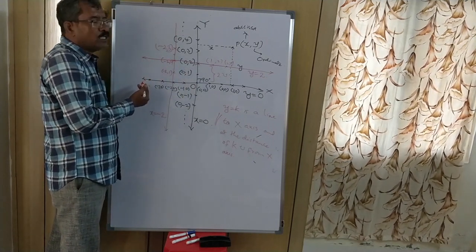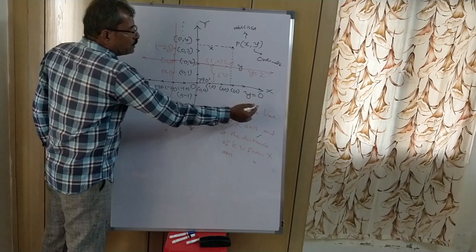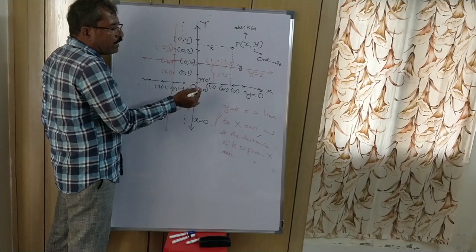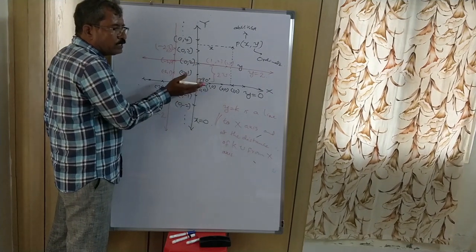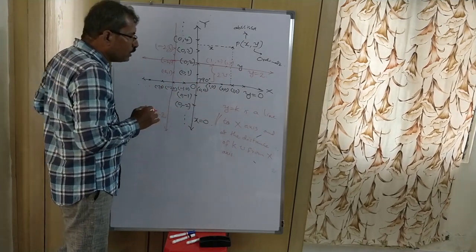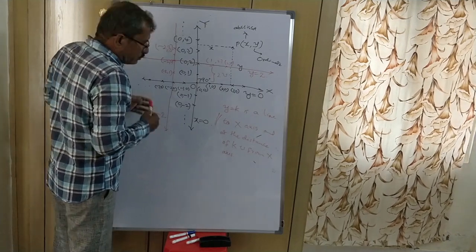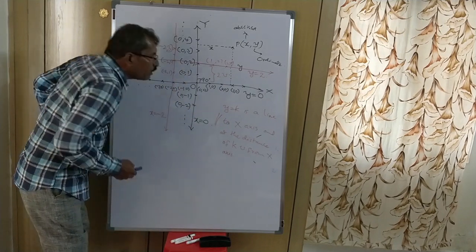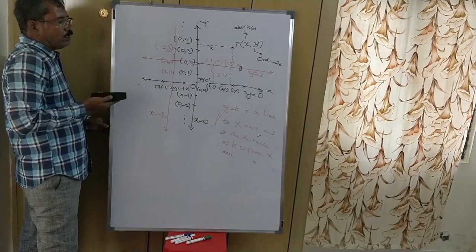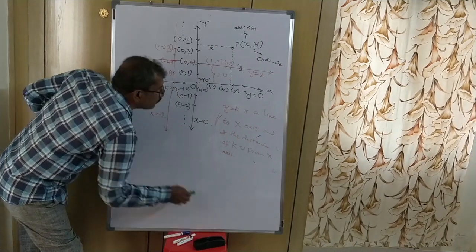Suppose y is equal to minus 2. Then it denotes a line parallel to the x-axis at a distance of 2 units, but on the downside of the x-axis. That you have to note. Then what you have to learn is the slope of the line. What is our topic? Today's topic is straight lines.